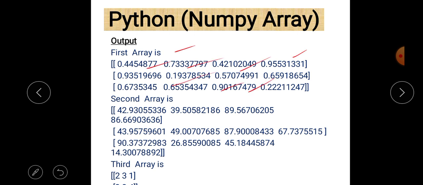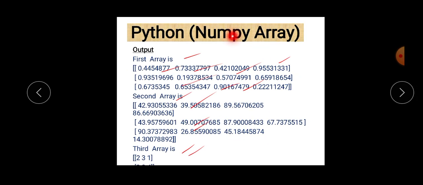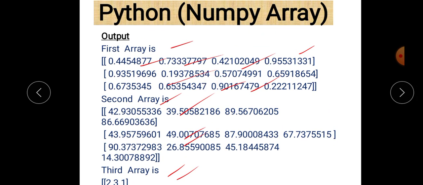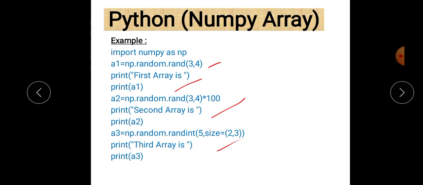These are the elements: the first array, then the second array, and the third array. You can pause the video here, write the program, and execute it. It will give you a clear idea of how random.rand and random.randint work.